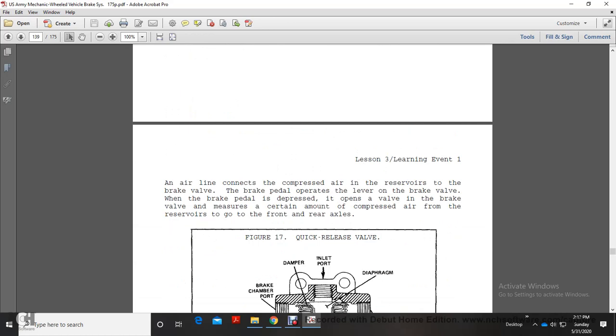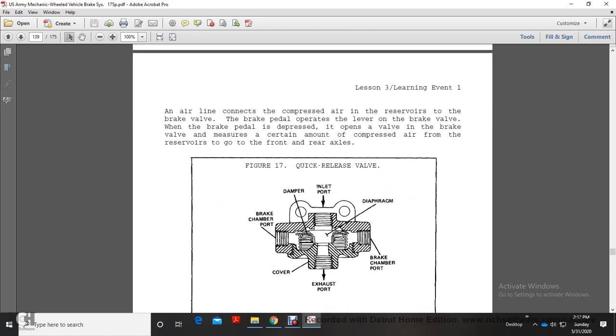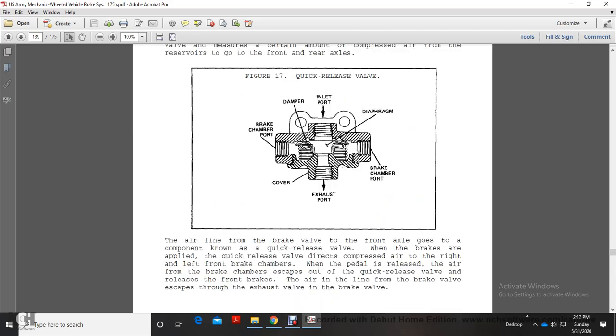An air line connects the compressor and air reservoir with the brake valve. When the brake pedal is depressed, that opens the valve in the brake valve, which measures a certain amount of compressed air from the reservoir to go to the front and rear axles. This shows a quick release valve: the inlet port, exhaust port, your brake chamber port,